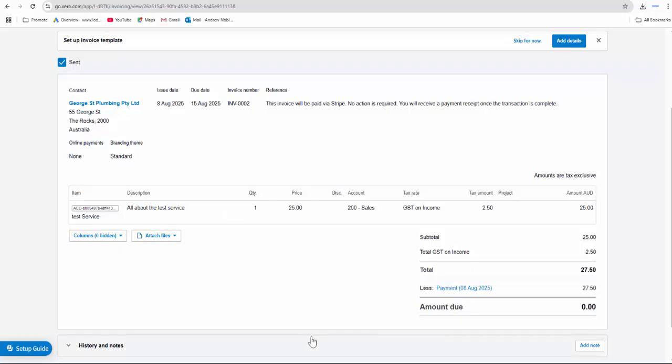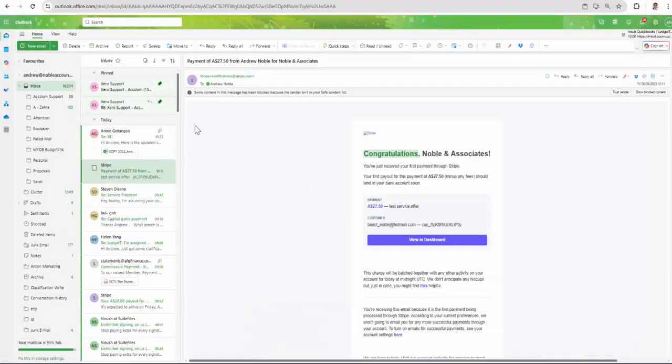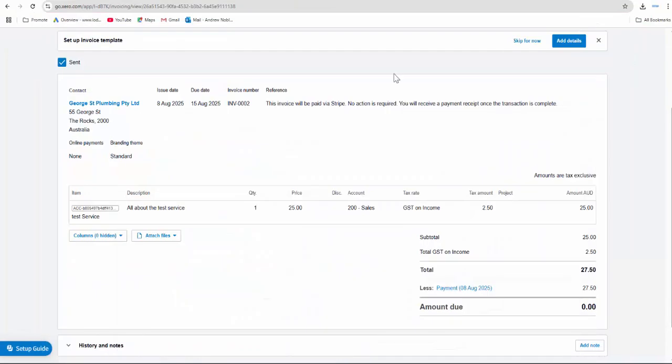Obviously, it's been paid, and because this is actually connected to my other email account, I can come in here and show you that here is the $27.50 receipted today within minutes actually. So that's come in,